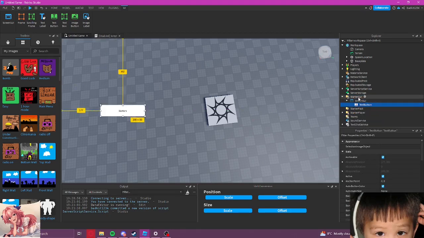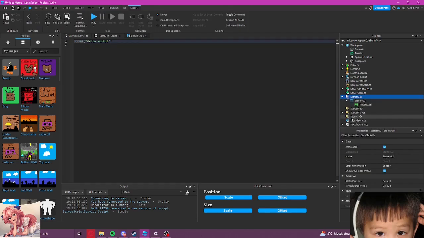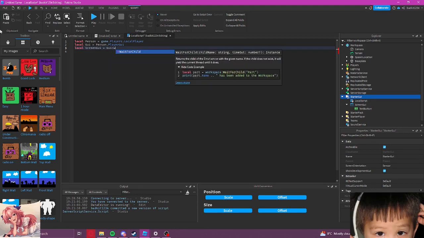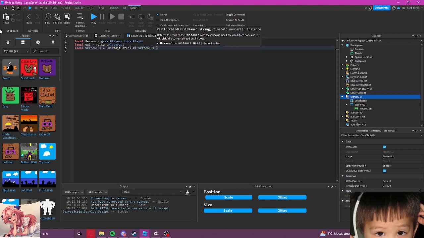Let's go inside the GUI, create a local script, and start putting all of our locals. Local person equals game.Players.LocalPlayer, local GUI equals person.PlayerGui, and local screen GUI equals GUI:WaitForChild screen GUI.